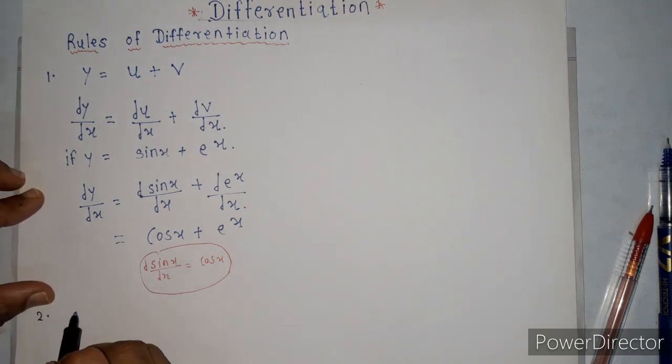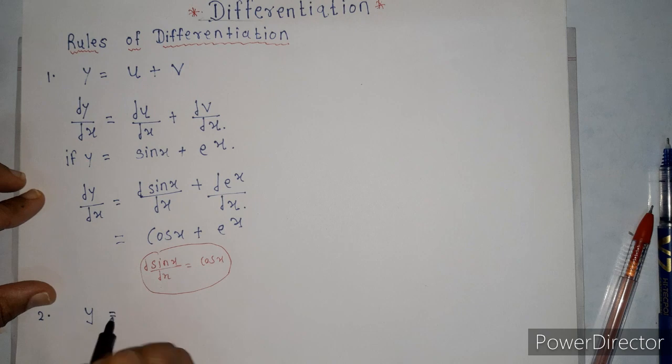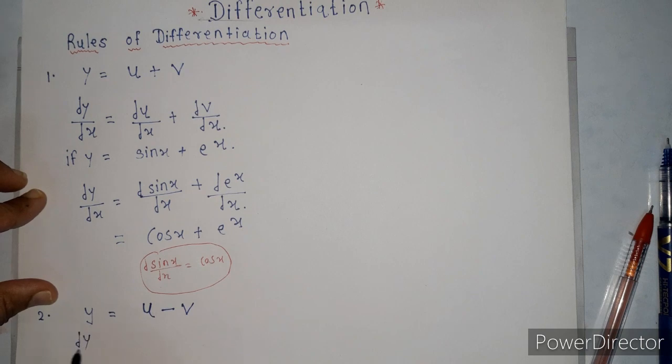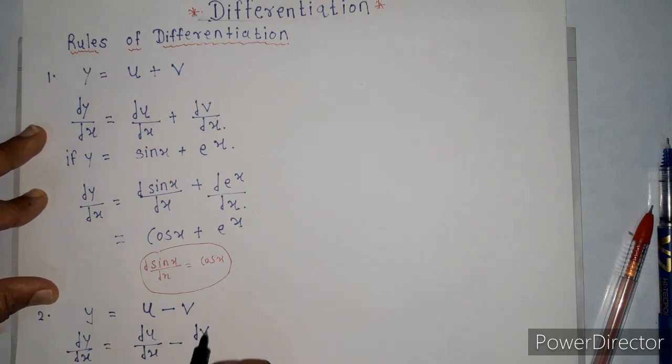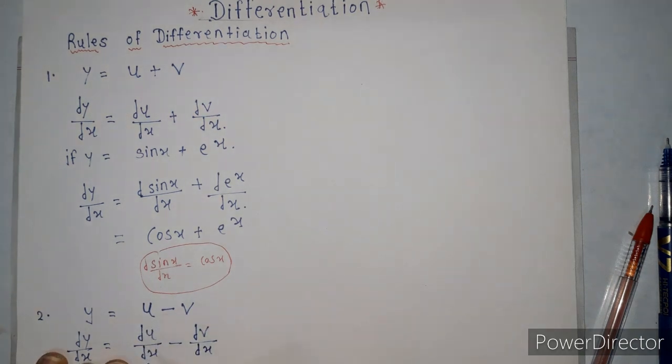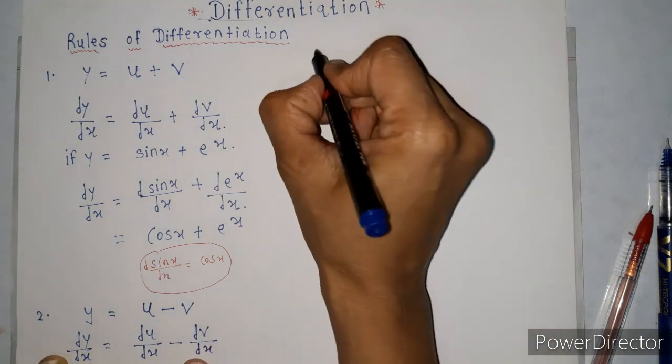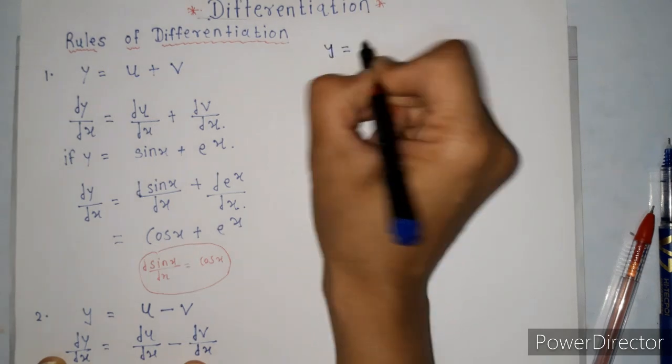The second rule is: y equal to the difference between two functions, that is u minus v. Then dy by dx equals du by dx minus dv by dx, that is, differentiation of u with respect to x minus differentiation of v with respect to x. For example, suppose y equal to